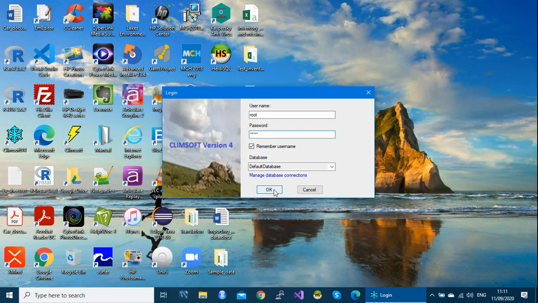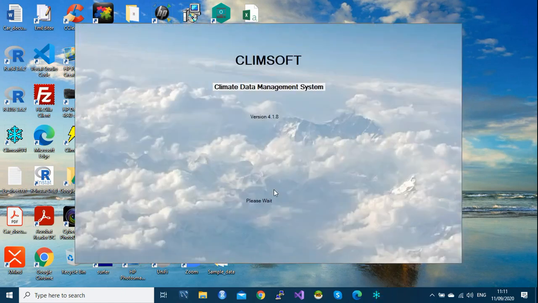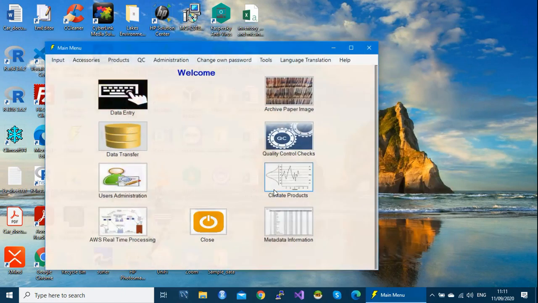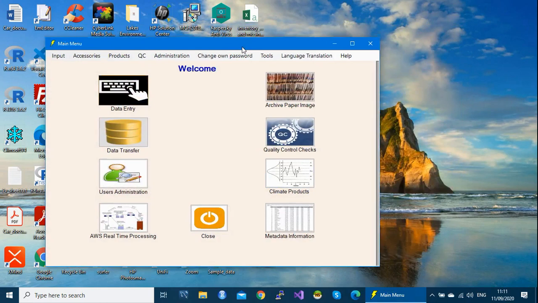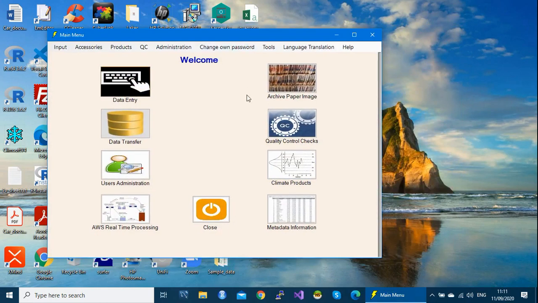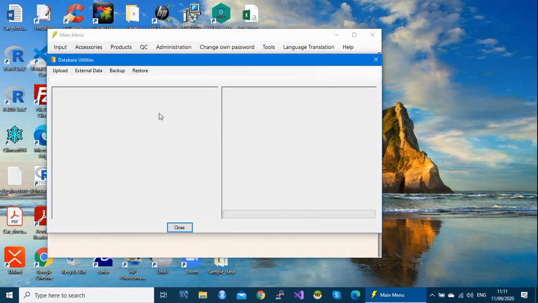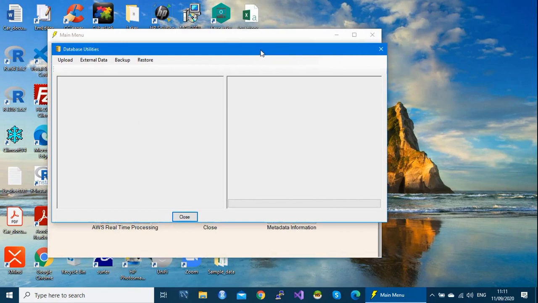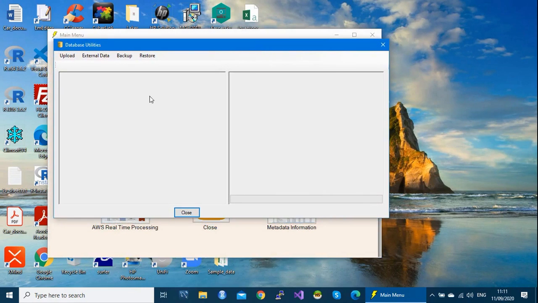So under the CleanSoft main menu, you are going to select the icon to do the backup, which is under the data transfer. So select the icon data transfer. And if you look at the menu here on top, you will see there is a menu for backup. So select this menu backup.